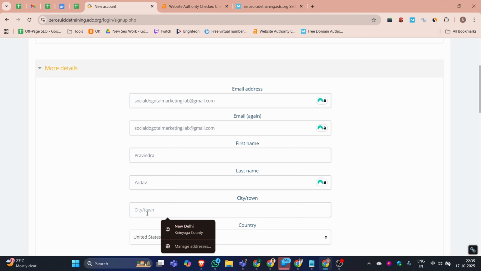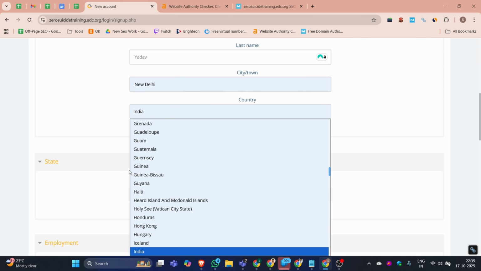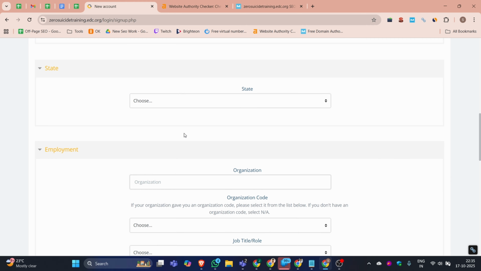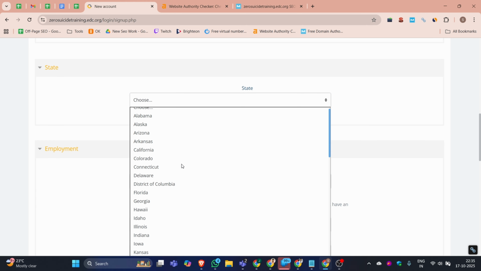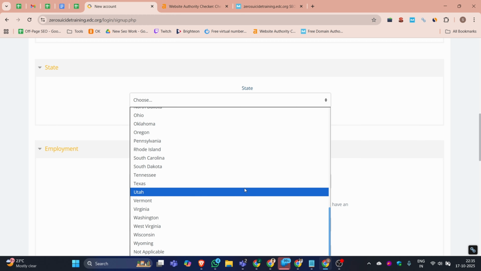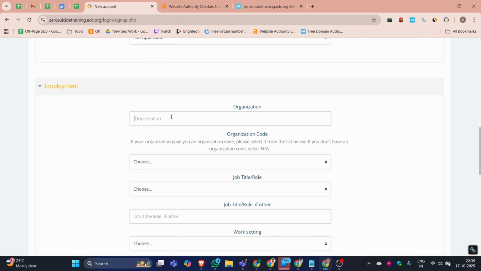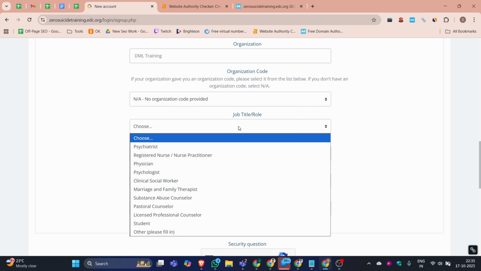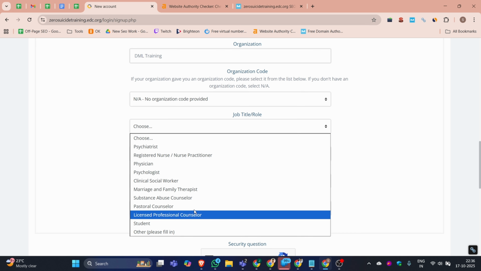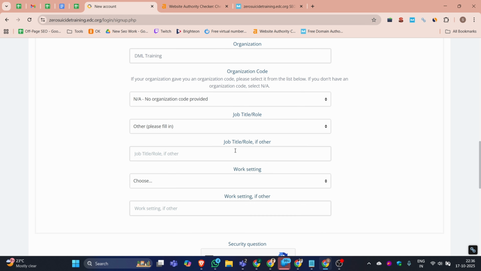Then you can choose your city and your country. I'm in India. Then you can choose your state. The state is not located here, so not applicable. Then you can choose your organization name. The organization name is ML training. Then it is asking for the organization code, so you can choose not applicable. Job title, so I can select anything from there. Then you can put your job title. I'm a founder of this company, so